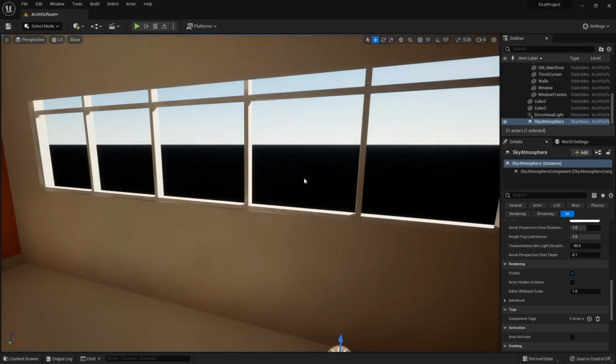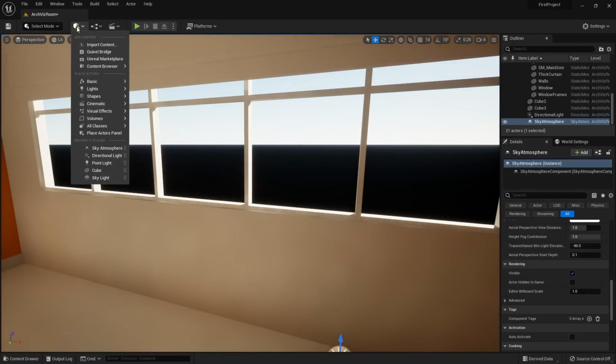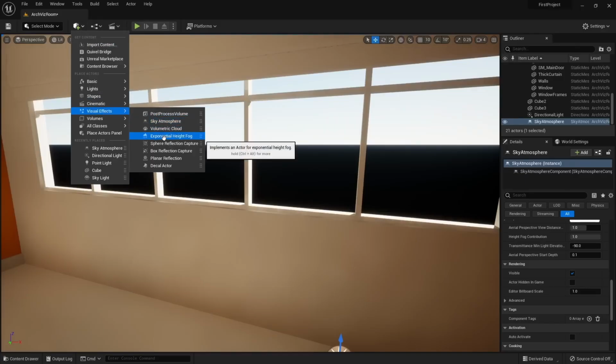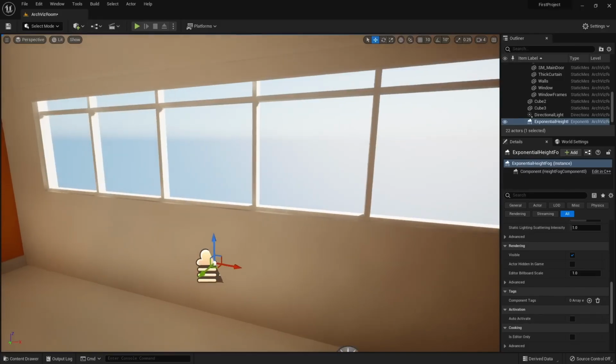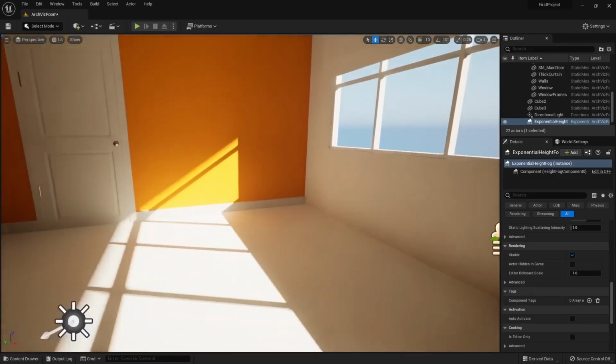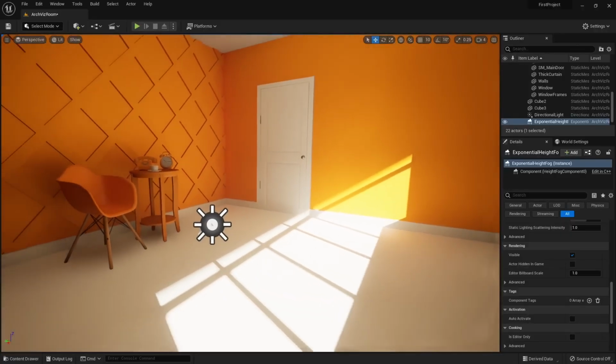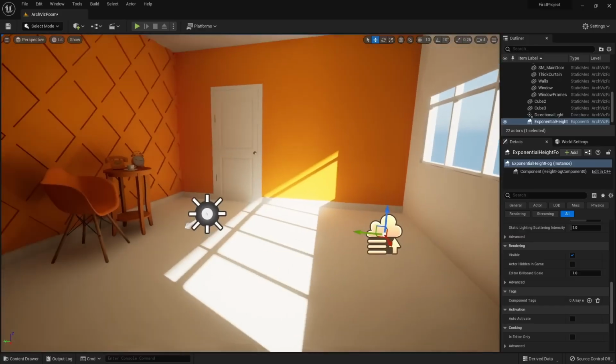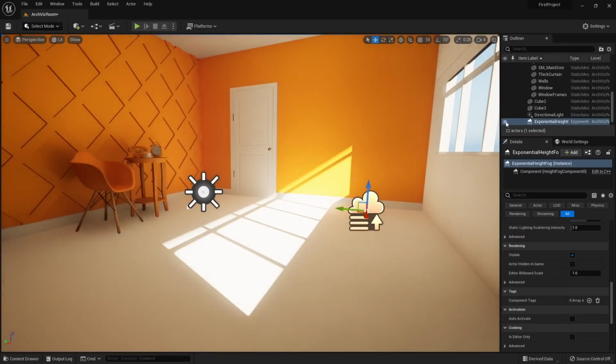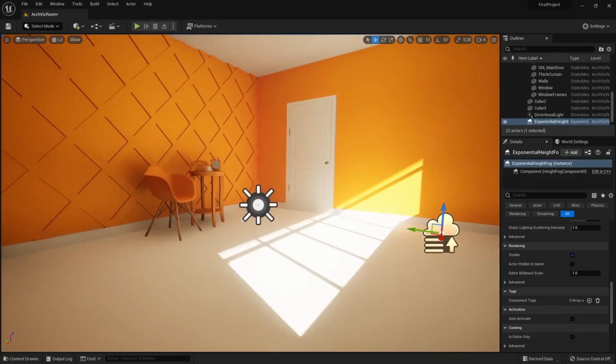We can hide that black void with fog. So come back up to add visual effects, and below sky and atmosphere, we have exponential height fog. Simply drag that in. And now if we look outside the window, all we see is sky, which is what I want. But there is a little bit of an issue, and that is if we hide and unhide the exponential height fog, we can see that there is a little bit of fog inside of our room,